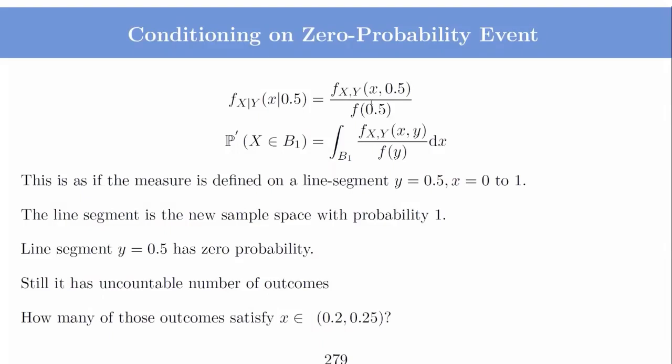Okay, so remember this. Earlier, the probability of the line was 0. Now, in this new probability measure, the probability of the line is 1, because I'm restricting my sample space to this line only. So this will become our new sample space, and the probability should be equal to 1. And on this line, relatively, I will ask, what is the probability that x belongs to this particular set? And if this was a uniform measure, then you can easily guess that if the line is of length one, then the probability that x belongs to this small section should be just 0.05, which is consistent with our original intuition. You can think of the dependent case also, and you will arrive at the same intuition: what we have to do to look at this conditional distribution is redefine the probability measure in a sense that this line becomes the new sample space. The probability of this line should be 1,